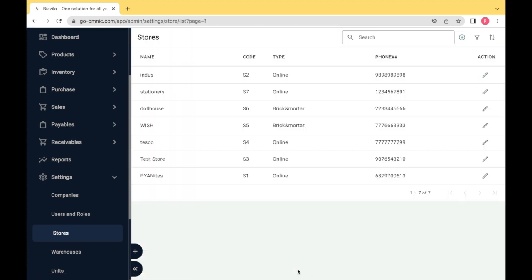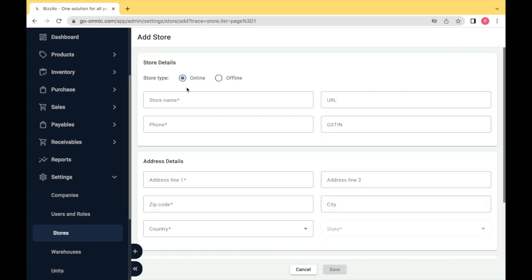You can create an online or brick-and-mortar store based on your business type. To add a new store, select the Add New icon. Select store type online or offline, commonly brick-and-mortar. Fill out the basic details: the store name, URL for online stores, phone number,